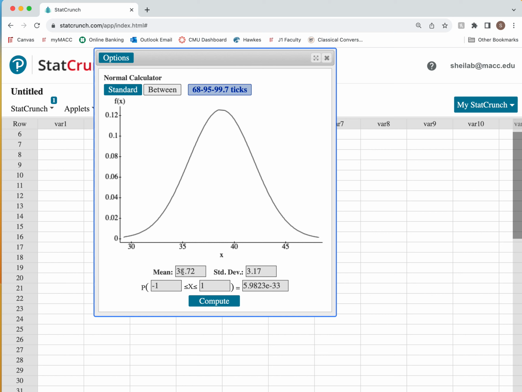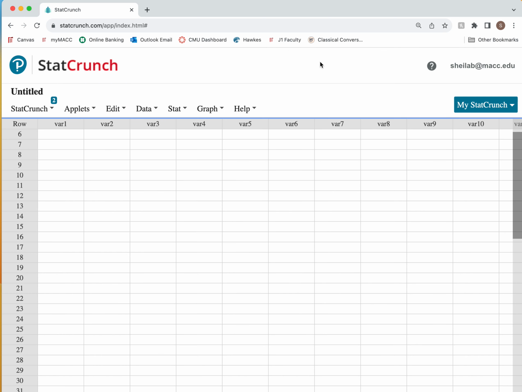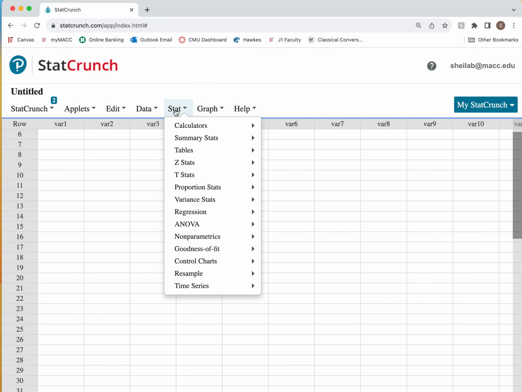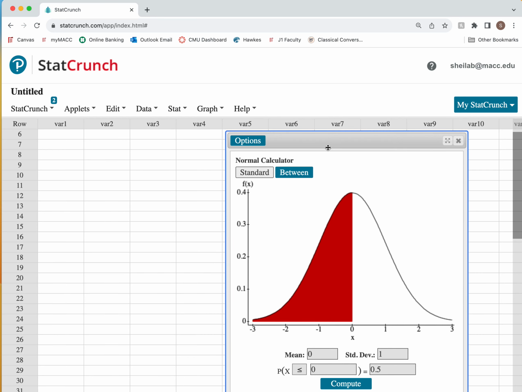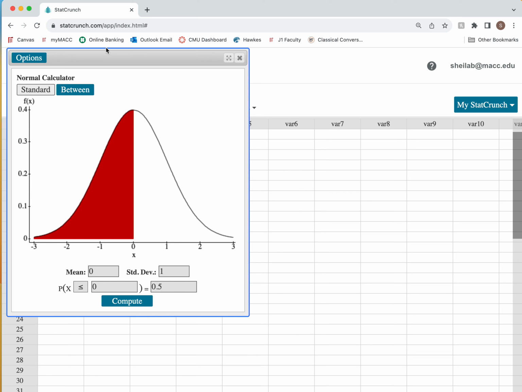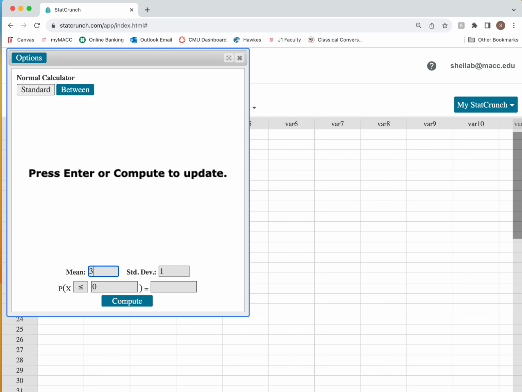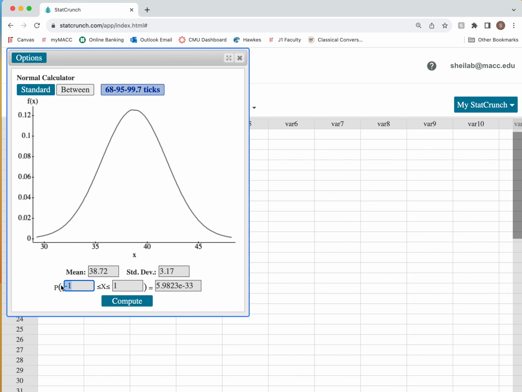We still have 38.72 because that was my mean and this is my standard deviation from our last problem. Now I'm going to close out of this and we're going to retype it because I want you to remember we go to Stat, Calculator, Normal. We should write that down on our notes. Our mean is 38.72. Our standard deviation is 3.17. I'm going between